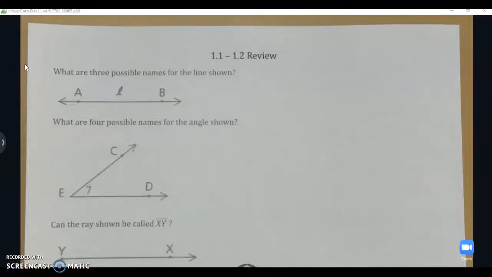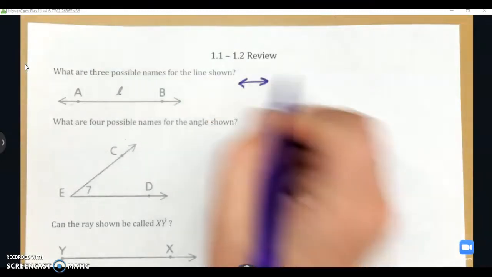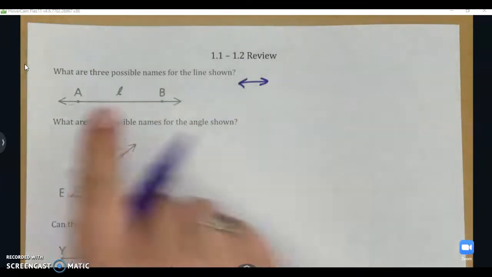All right, today we are going to be reviewing some stuff from last time, 1.1, 1.2 vocabulary, focusing on naming and identifying things in our diagram and different types of geometry. So starting here with our first thing, we are given a line and we have three possible ways to name this. Now remember, our symbol for line looks like a line. We have a line with arrows on both sides representing our symbol for line,